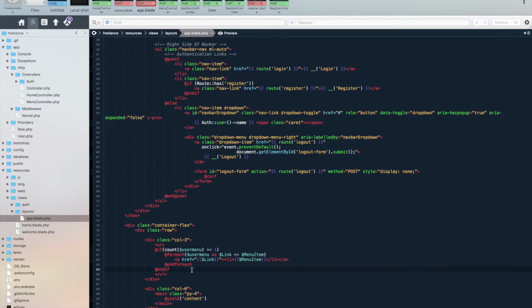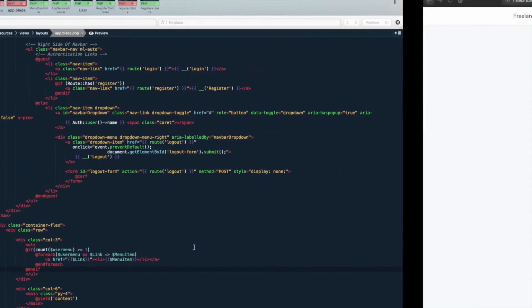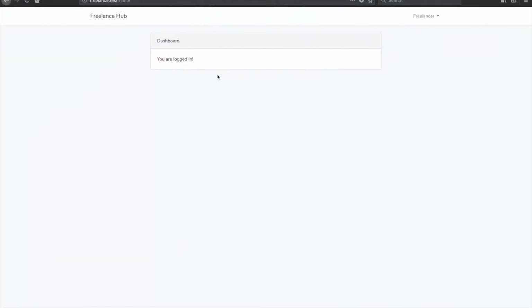And that's essentially it, guys. So we've included that menu. We've actually changed the structure of this page. So we logged in as a freelancer. Let's see what happens when we reload the page. Okay, so we get a little menu here that says dashboard and find a job because we're logged in as a freelancer. If we were to log